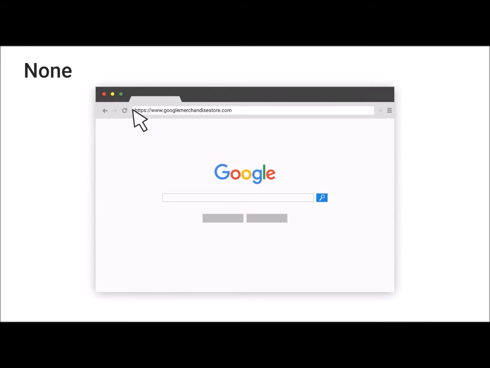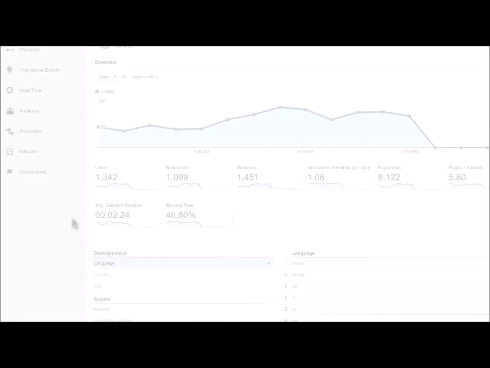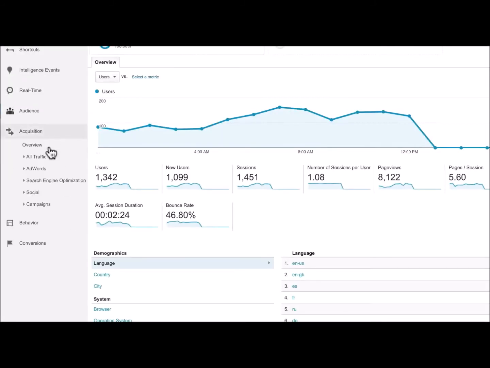Source provides more information about the medium. For example, if the medium is referral, then the source will be the URL of the website that referred the user to the site. If the medium is organic, then the source will be the name of the search engine, such as Google. Under All Traffic, let's look at the Source Medium report in the Google Store Analytics account using